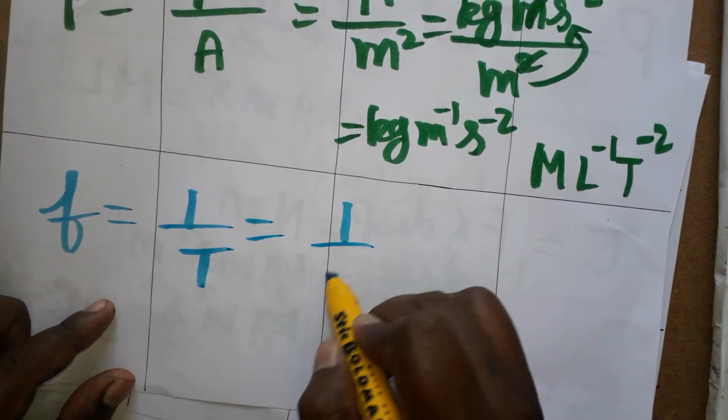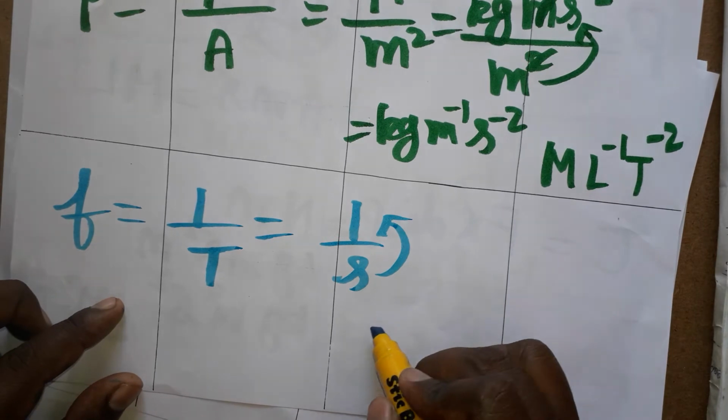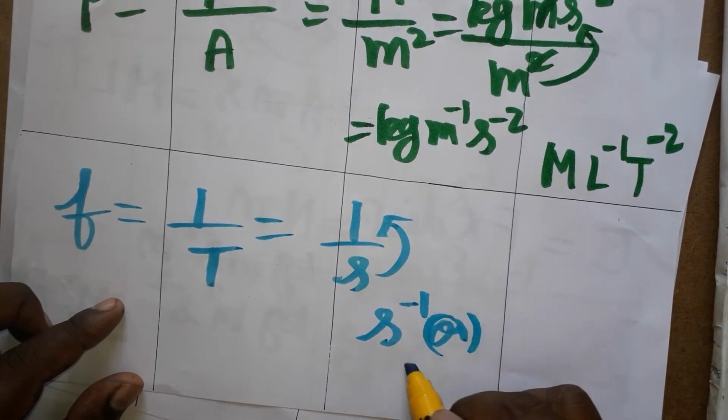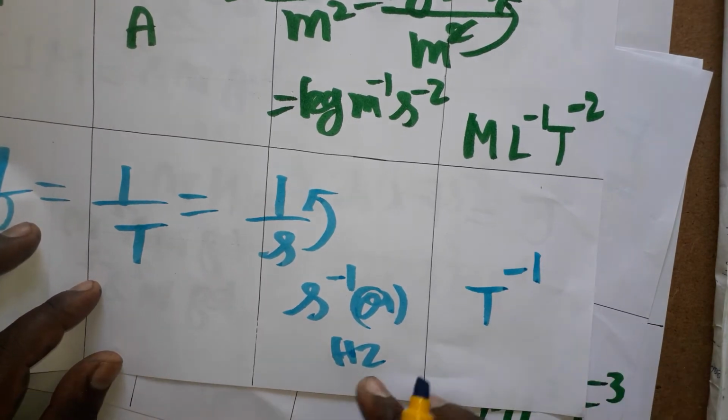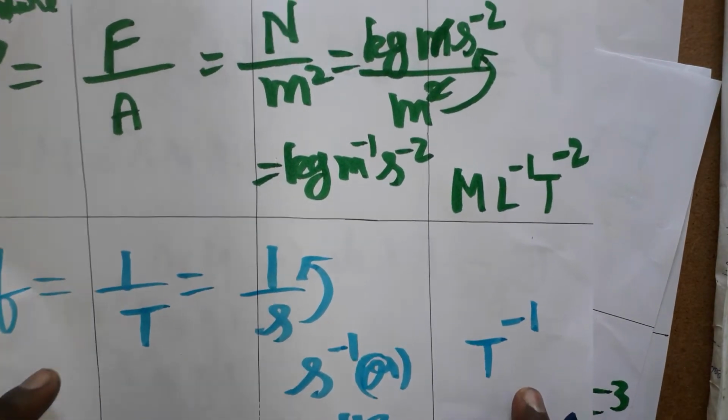It is 1 divided by second. From the denominator, if you take second to the numerator, we get second inverse, or hertz. So the SI unit is hertz, and the dimensional formula we can write as T minus 1.